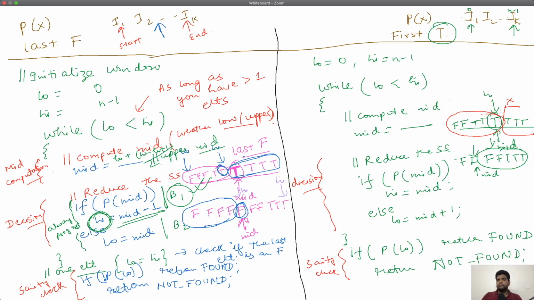Once again, that might be cryptic for some, so let's try to see this again. What I told you is, come to this decision and look at the two blocks. You have block B1, the if part, and block B2, the else part. One of these two blocks is always progressing, which means the search space is always reducing by at least 1. Here it is B2 which is always progressing. Why? Because you are excluding the mid always in B2, which basically means that your search space is reducing by at least 1 always, if your condition goes to this else.